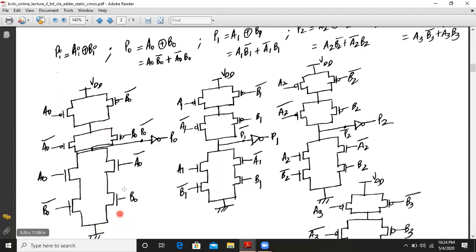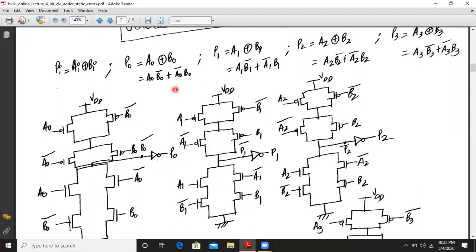To the extreme left of your circuit, you have this implementation. You have two NMOS transistors in series with the inputs A0 and B0 bar, and the whole combination is in parallel with two NMOS transistors again in series with the inputs A0 bar and B0. And exactly the complement is happening at the pull up network, which consists of only PMOS transistors. Now, since the CMOS inverter works for only inverted output, you will have your P0 bar. So to make it P0, you have to again connect a CMOS inverter at the output. Hence you generate the P0 term, which is the 1-bit propagate term.